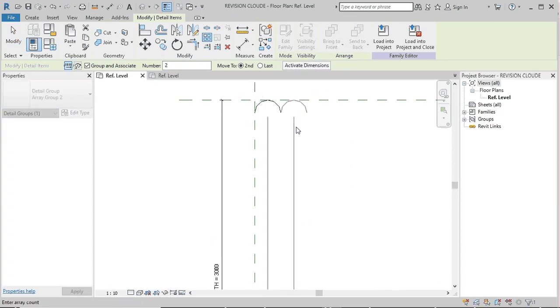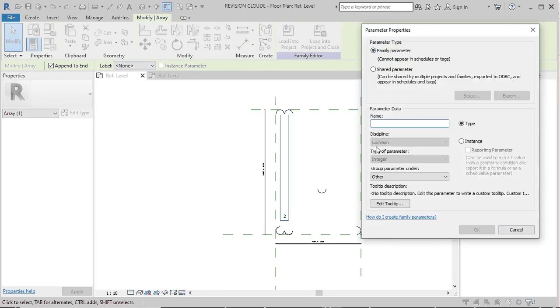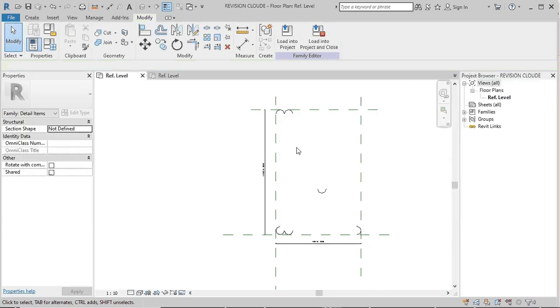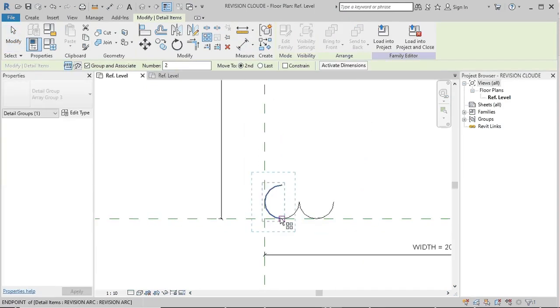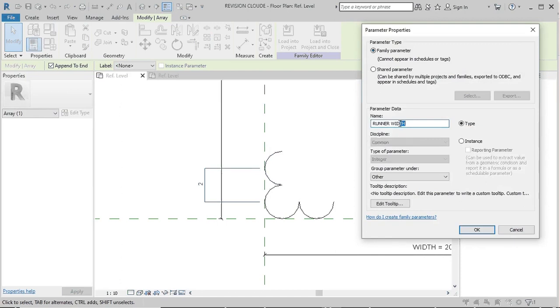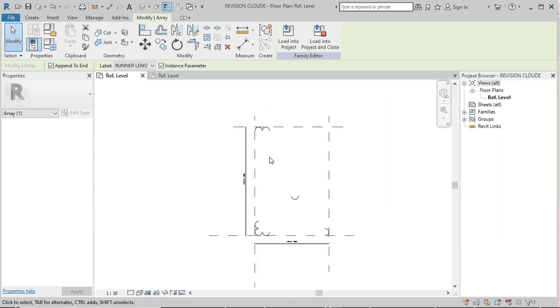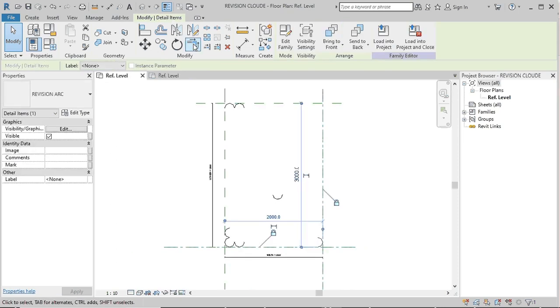Using the array command, again select the dimension and add parameter runner width B. Now the length: length A, opposite length B.